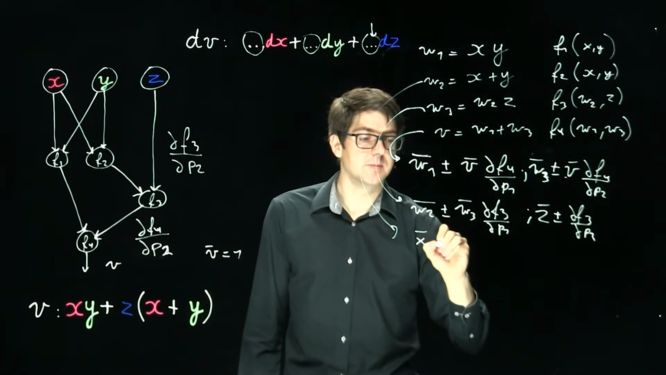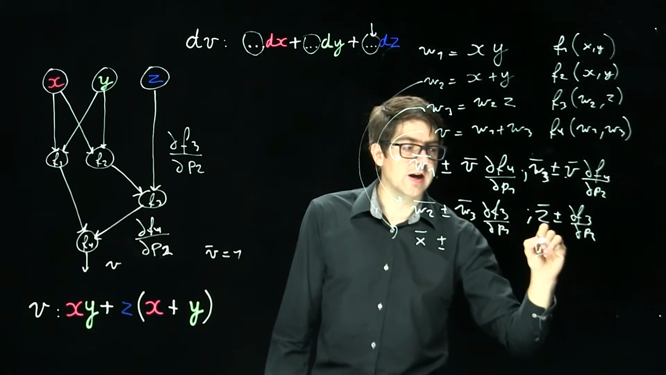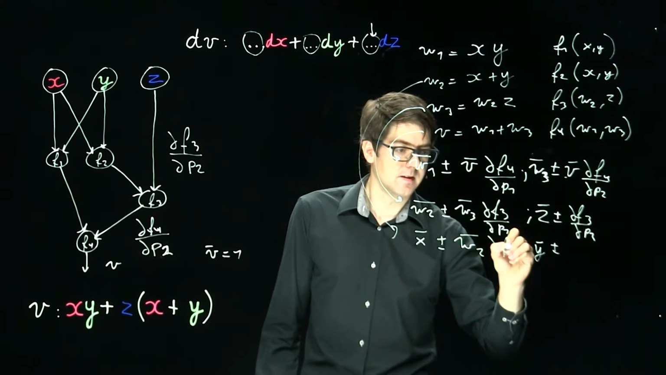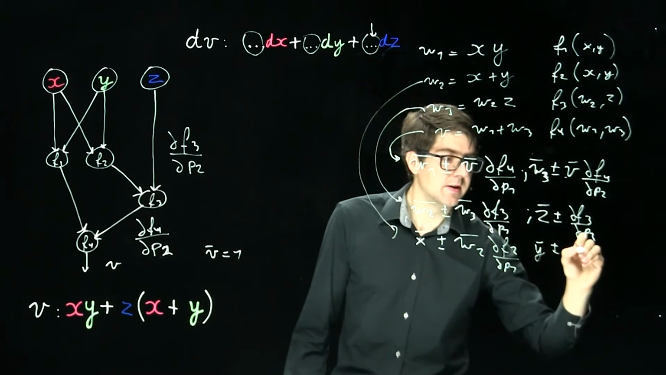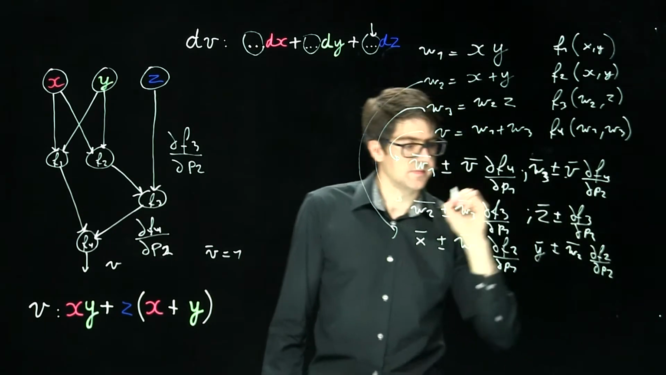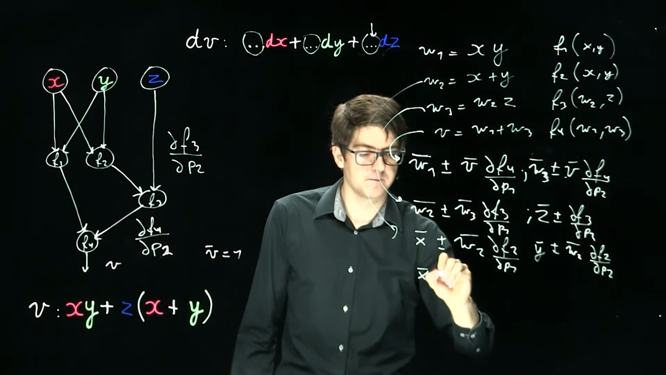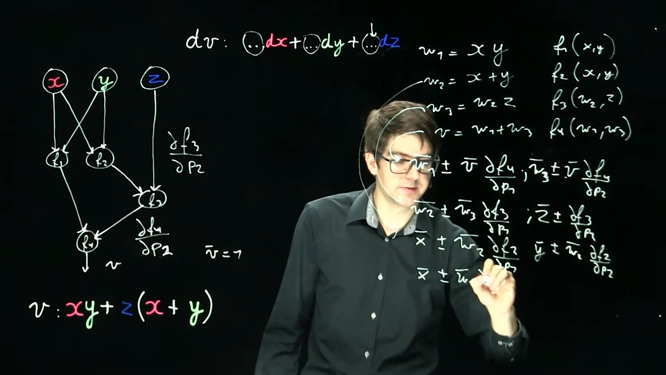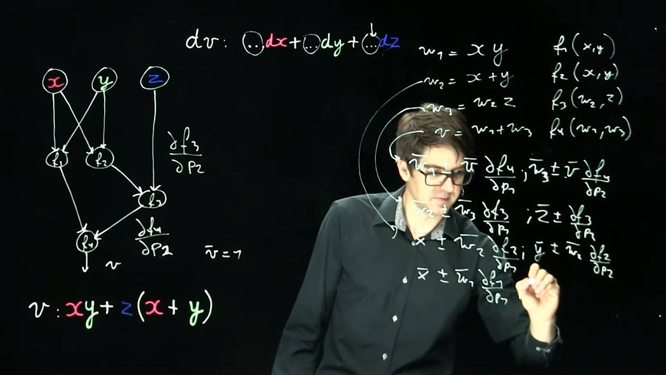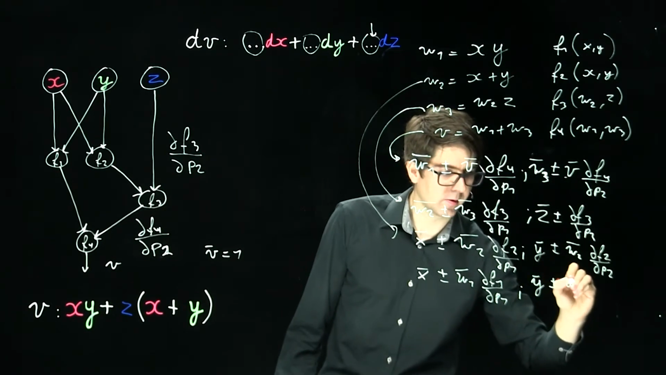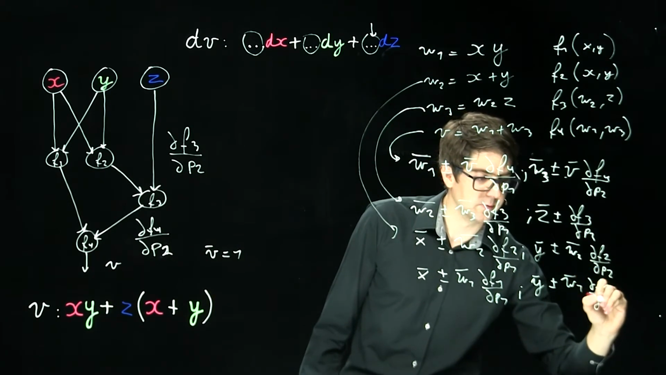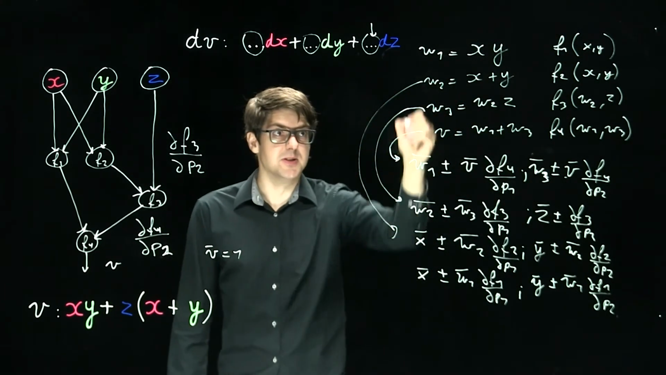Here we have x bar plus equals and y bar plus equals W2 bar times the partial with respect to argument 1, and the partial with respect to argument 2. Right, last one. W1 bar, the partial of f1 with respect to the first argument, W1 bar, and the partial with respect to p2. That's really the gist of